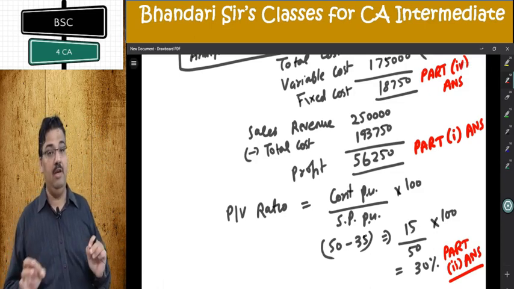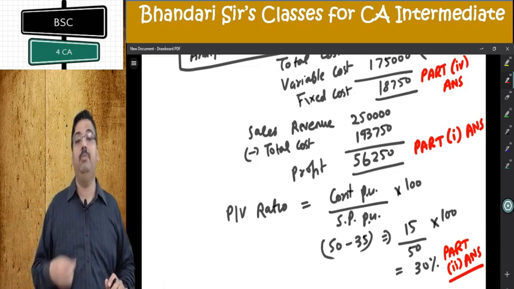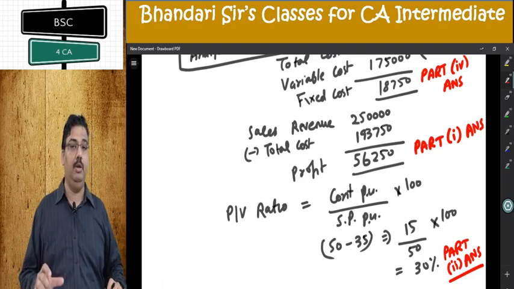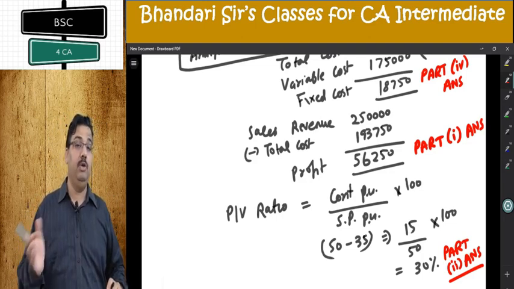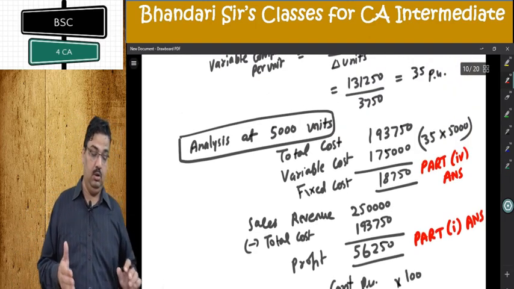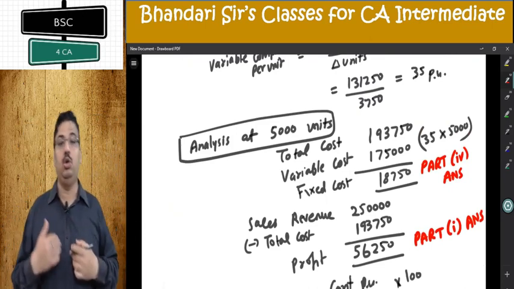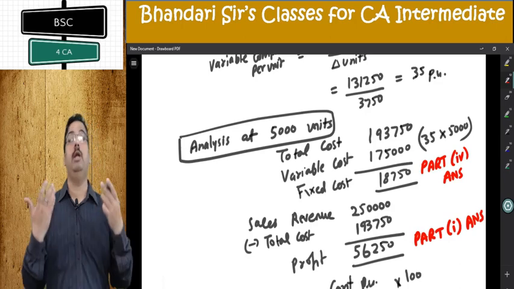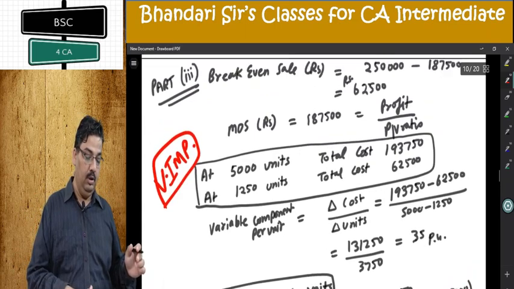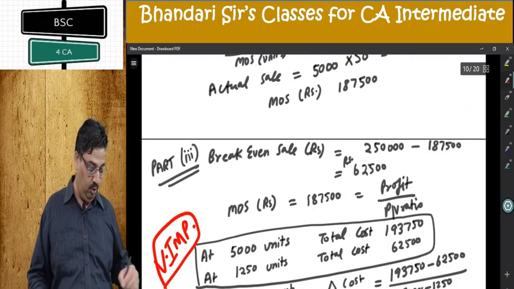This is a very good question, different from other questions, something that you need to practice, something that you need to repeatedly do. And there is only one odd small point that you need to take care of: how to segregate the variable component and fixed component of cost. You are given total cost at 5,000 units. We have computed total cost at break-even point, which is equal to the break-even sale amount. From there we can segregate and do all the needful. It is a better question than earlier questions that you have done. We'll be continuing with more questions in the next session.